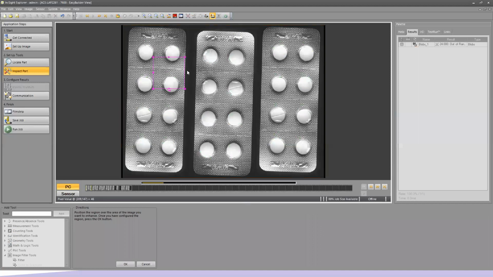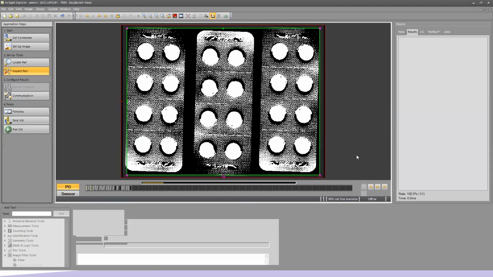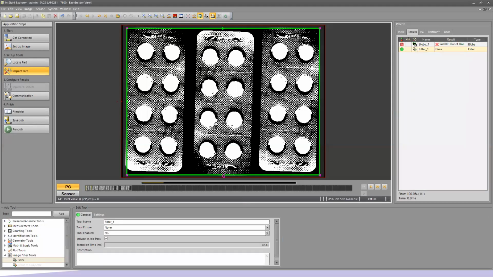And I'm going to use this same, almost the whole part image. I'm going to make it just a little smaller than the full image so that I can be able to work with this now. As soon as I get it in place, I'm going to hit OK. And you'll notice, and this is the reason I didn't make it full image, this is what's happening to a